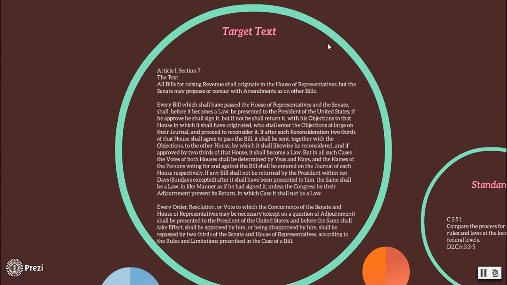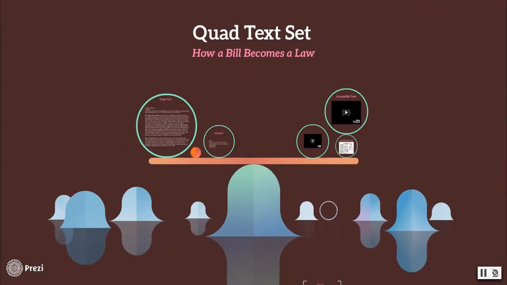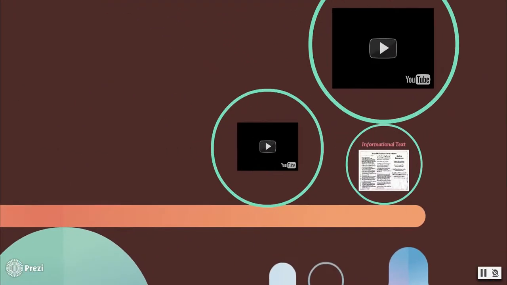If we were in face-to-face class, I would have you read through this real fast and then tell me how a bill becomes a law. And some of you will totally grasp it, and some of you will be like, whoa, I'm really not sure what I just read. And that's totally fine because your students are the same way. So anyway, we would read this and then see, okay, does everybody understand exactly how a bill becomes law? Quite often they don't. So this is where the rest of the text set comes into play. So from there,